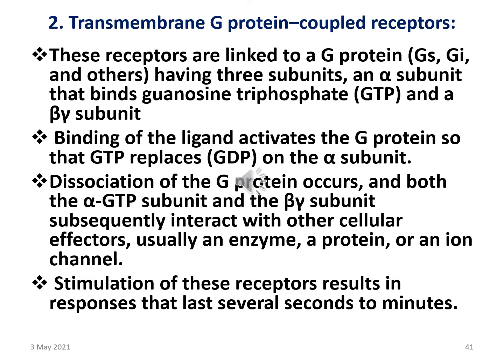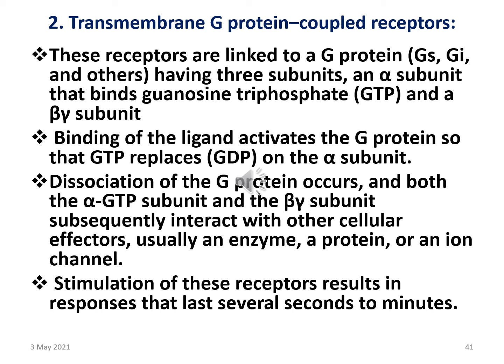Second, the transmembrane G protein coupled receptor. These receptors are linked to G protein. We have G stimulatory, G inhibitory, and other types of G, having three subunits: an alpha subunit that binds guanosine triphosphate (GTP), and beta and gamma subunits. Binding of the ligand activates the G protein so that